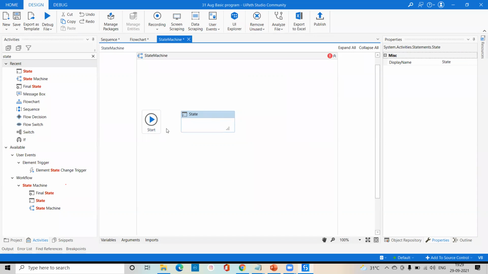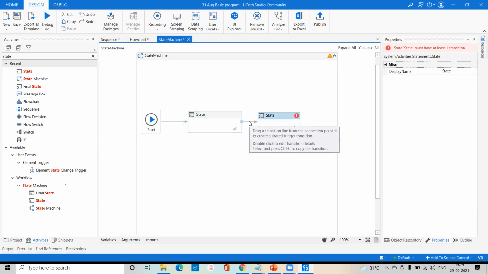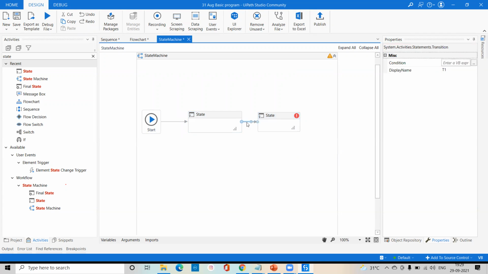Okay, so we can connect this start. Whenever you connect the first time, you will not get any type of property here. Property adding is not available, meaning right now we have not started with any transition, but after one state we can get the transition. So right now what I will do, I'll go for transition. I will connect like this way, like that second transition. So right now this is called transition, and we are getting T1.